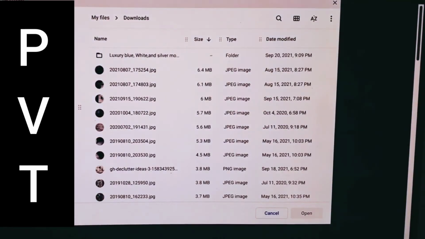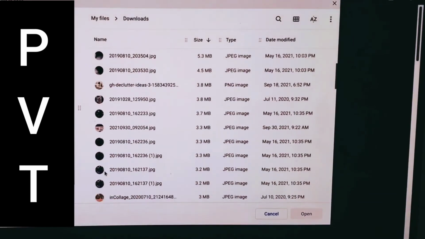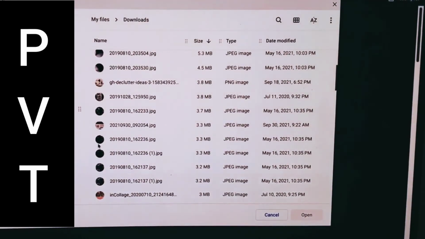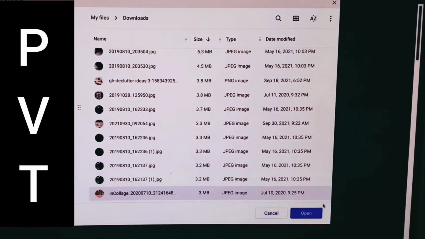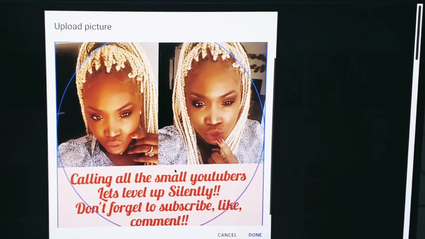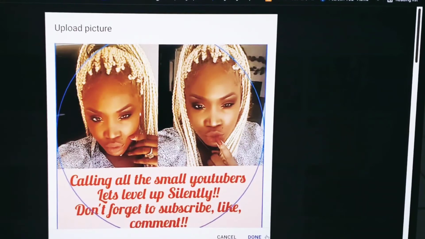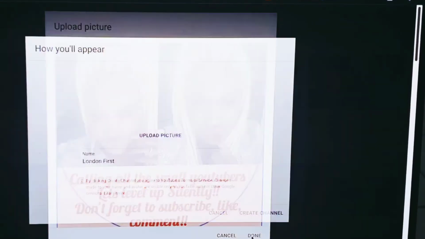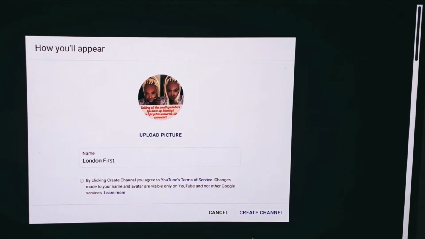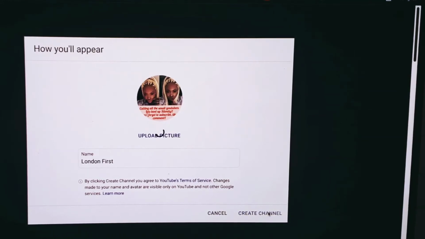Let me see, I don't know, I'm looking for anything. I'm just gonna add anything, guys, because at the end of the day it's a dummy account, right? So I decided to add this one right here, and I'm gonna put it as done, and that will be your picture. Okay, and you're gonna go ahead here and you're gonna create your channel,